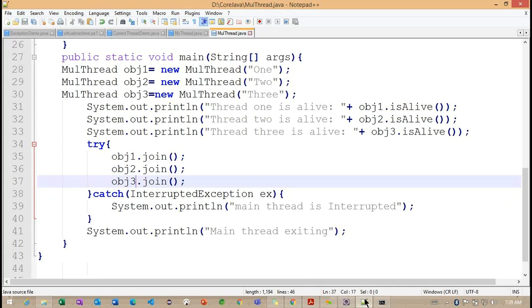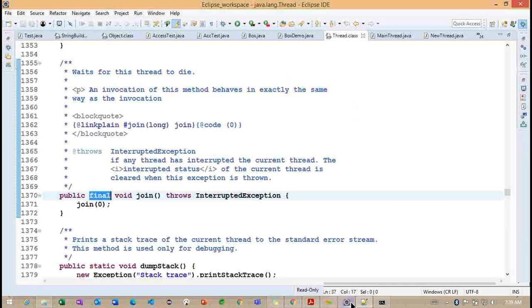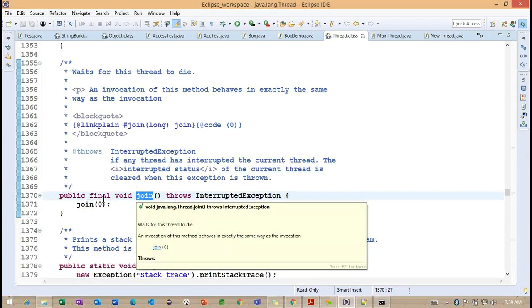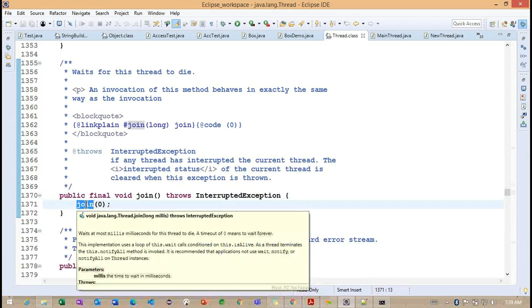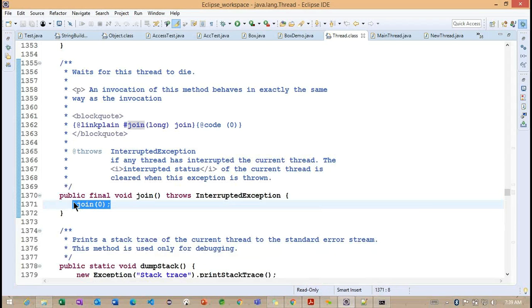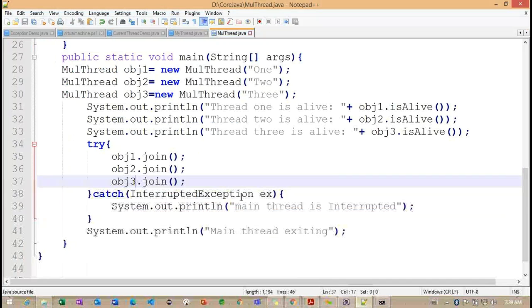How am I explaining 0? If you observe, this is the join method we are calling, but internally, what value is the system passing here? Join with 0 here. Getting the point? 0 milliseconds here. Okay, so back to here. Now what I'm doing here is calling the join method on each thread.